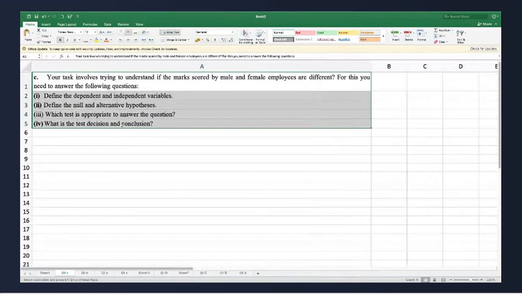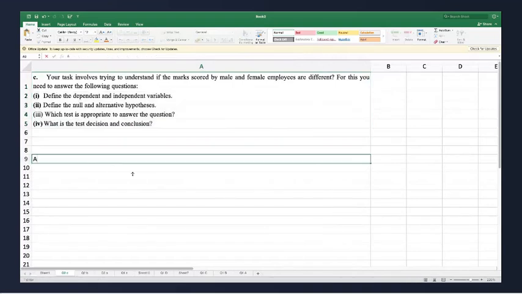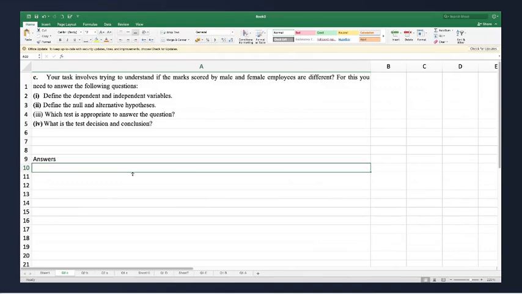Fine. So first you have to decide which is a dependent variable and independent variable. The question says there are two variables. One is gender and another variable is marks. So which variable is dependent, which is independent? Gender is my independent variable.